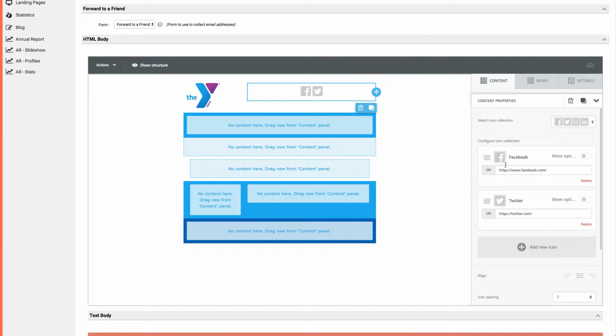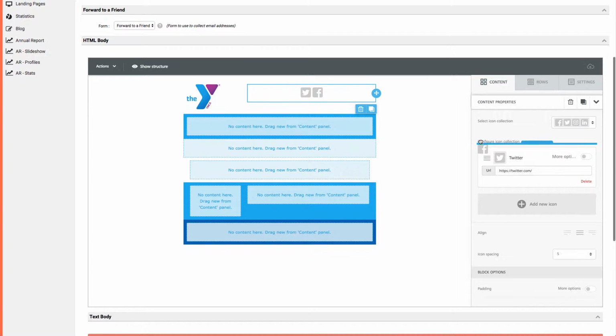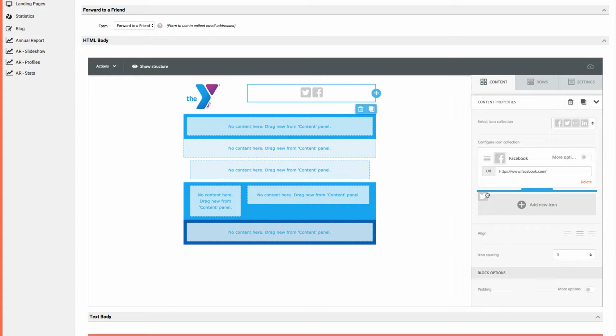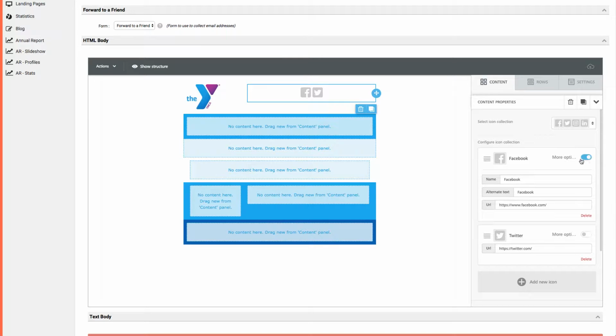Alright, and then we can also from here drag and drop these to reorder them. As you can see there, it kind of changes the positioning. Okay, and then as well, we can also put in the link to Facebook here. So all you would do is copy and paste your Facebook link and your Twitter link, and you'd be all set. You can also turn on more options to specify some alternate text and a name for the actual icon. So this would be something like the name of your YMCA, like YMCA name here, and then